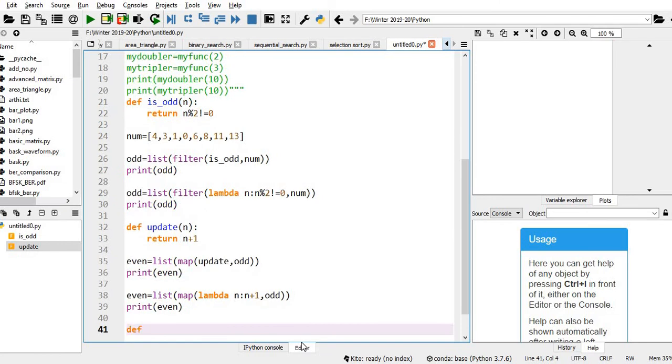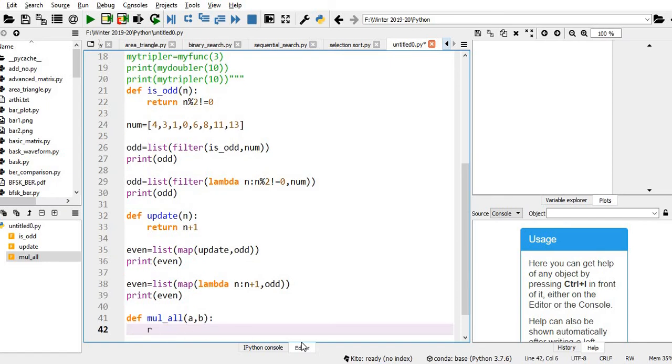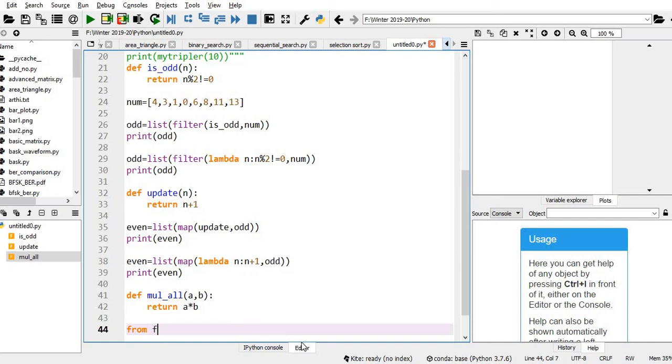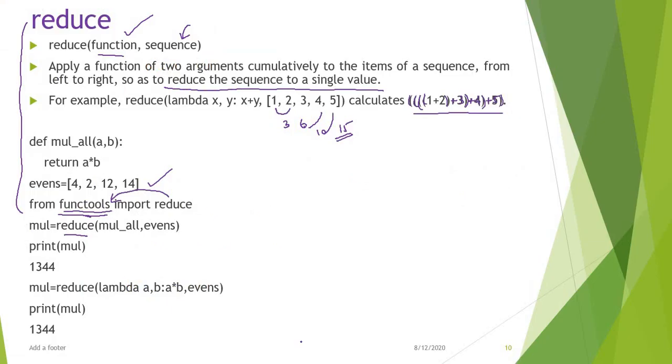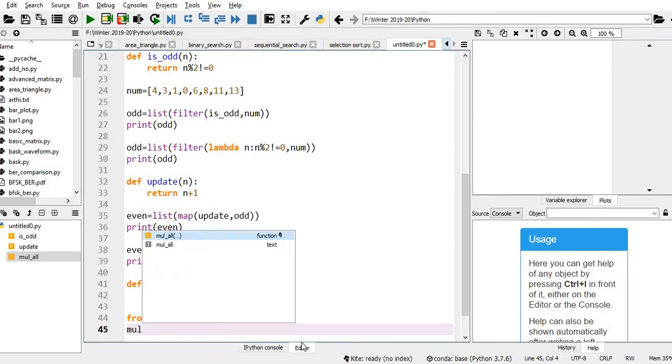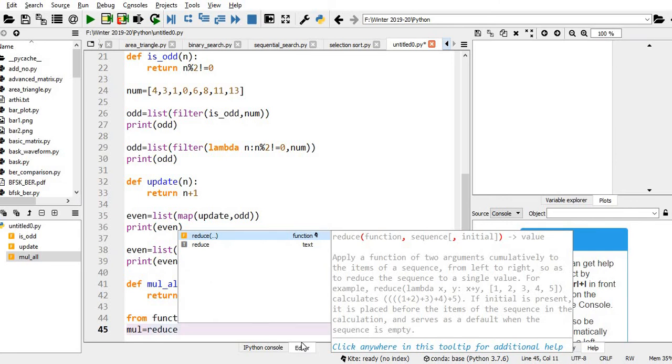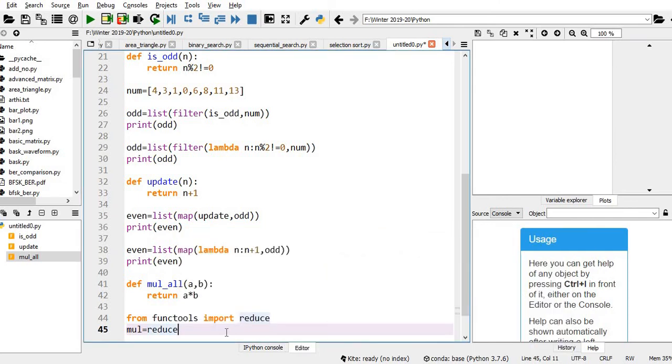So let me define the function, def multiplication all. It takes 2 input arguments a, b, and it will return a star b. From functools import reduce. So mul, multiplication, is equal to reduce, because I'm going to get a single value, so I'm not using the list.